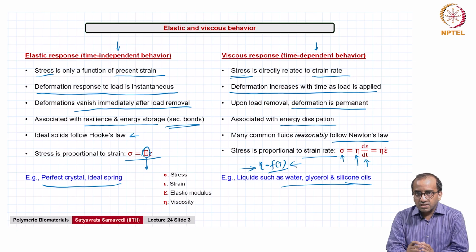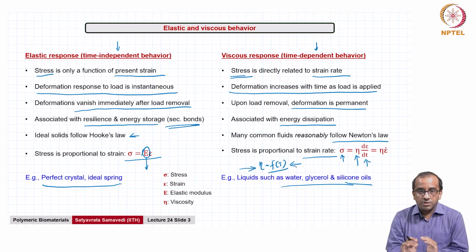Just to summarize, we are talking about fully recoverable deformations where stress is proportional to strain and is related through the elastic modulus for purely elastic solids, and we are talking about energy dissipation in purely viscous fluids where the stress is proportional to the strain